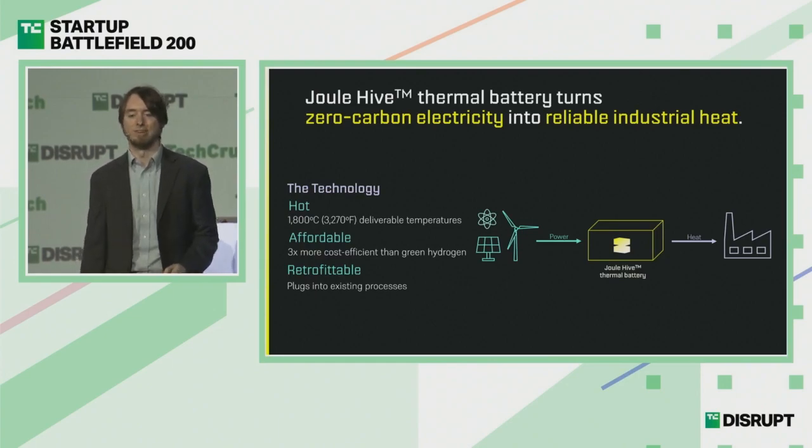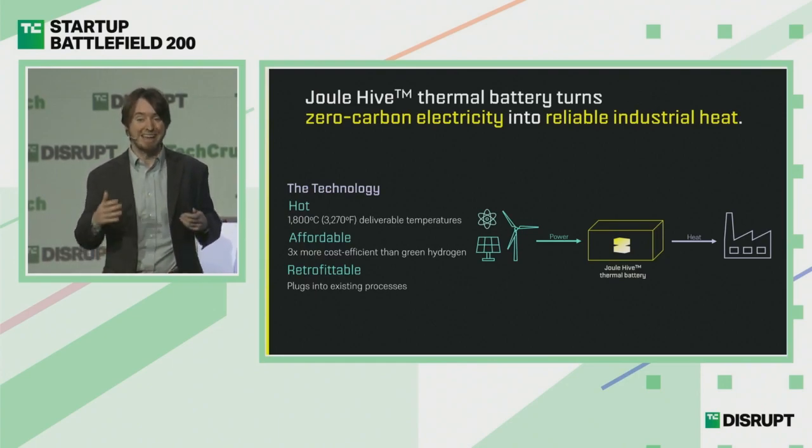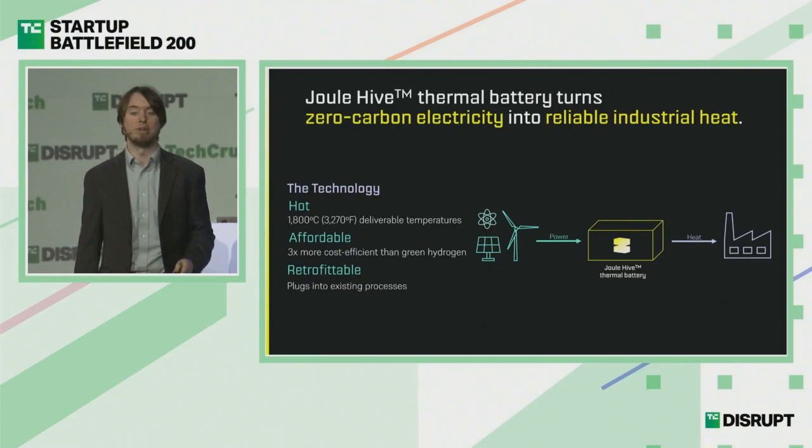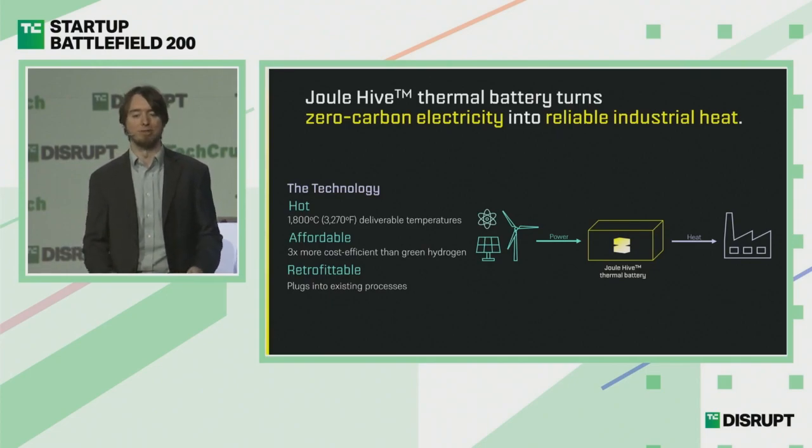industrial reliable heat. When I say industrial heat, I mean 1800 Celsius, really hot. Hot enough to do any job we need, and just as good as hydrogen, but 3 times or more cost effective, so still affordable. And most importantly, we can retrofit existing systems. We plug into your furnace, your boiler, and so you don't have to radically redesign what you're doing to decarbonize